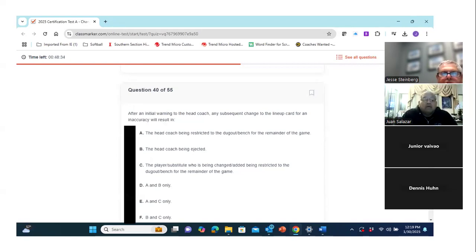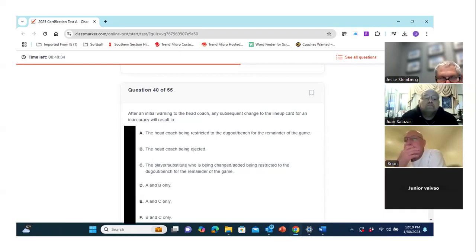After an initial warning to the head coach, any subsequent change to the lineup card for an inaccuracy will result in... A. Okay. B. I checked it. Anybody have a different answer? Okay.